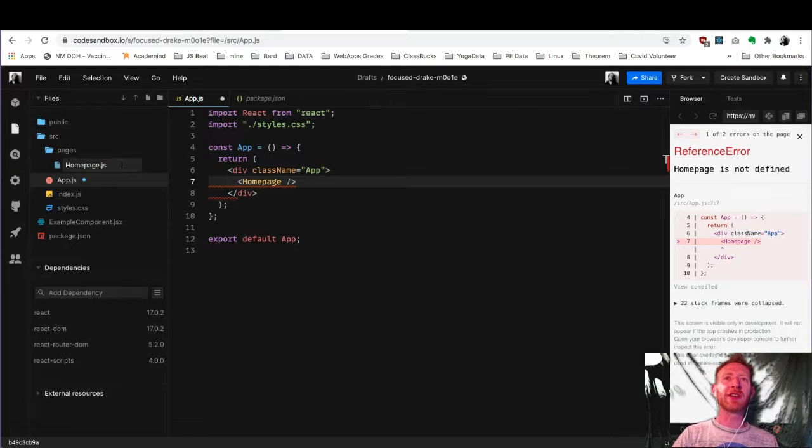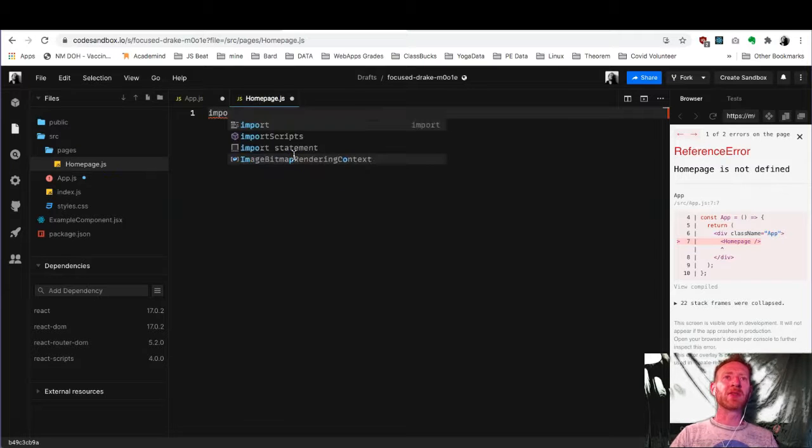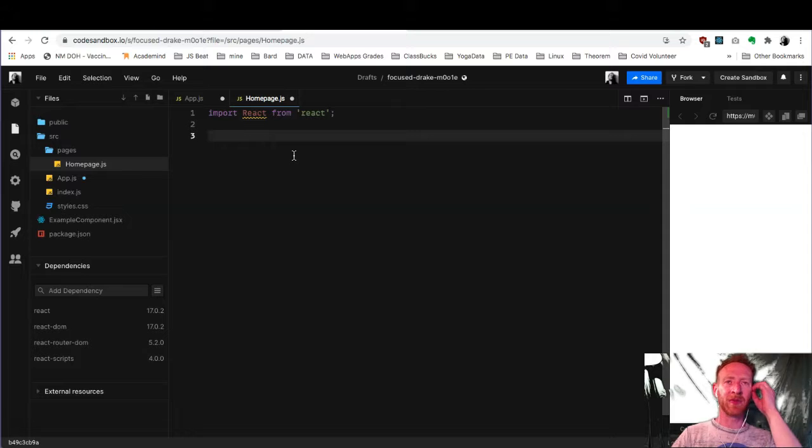So we'll call it JS. You could also call it .jsx. Both work. And here we're going to want to do a few things. We're going to import React from React, so we have access to the React library. Nowadays you don't technically need that, but we'll use it even just to indicate that we are making a React